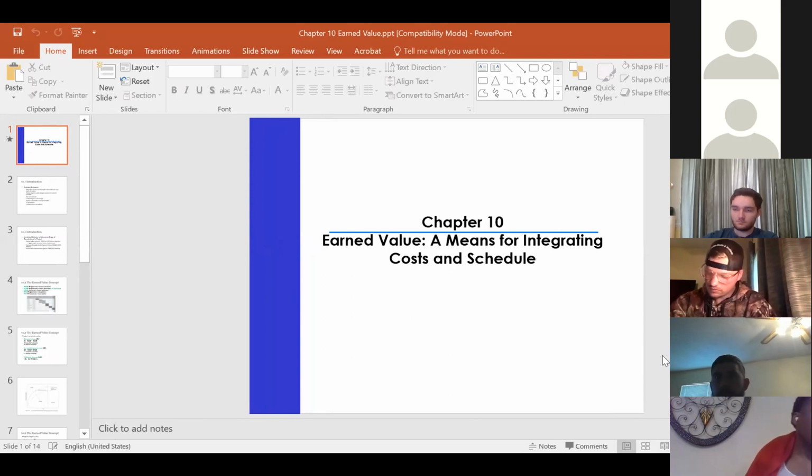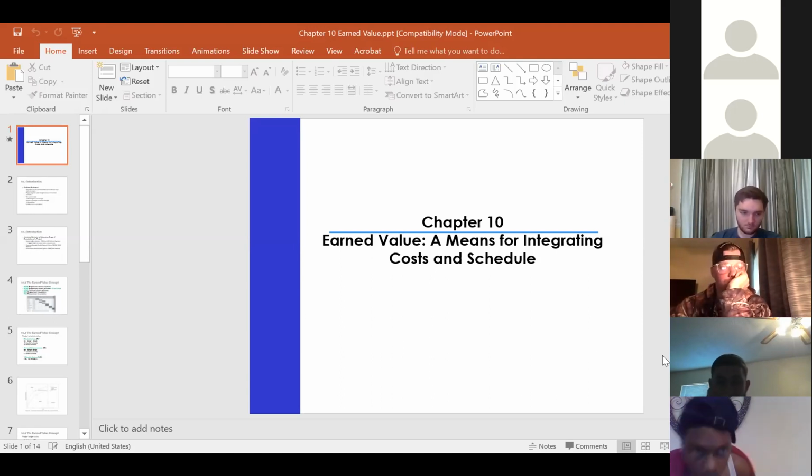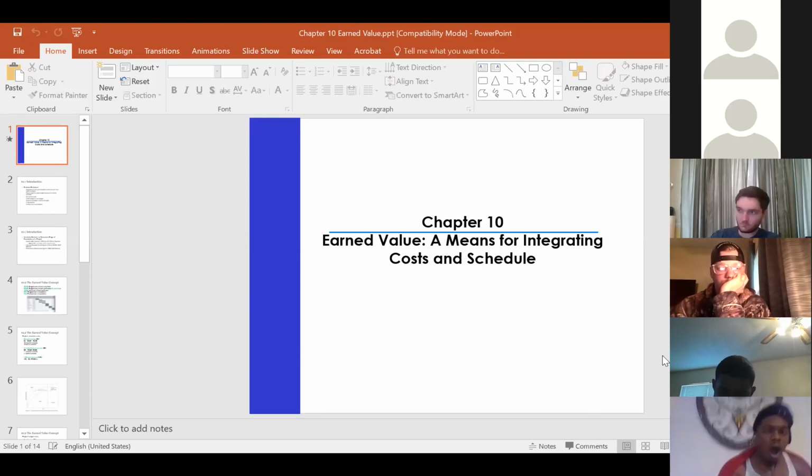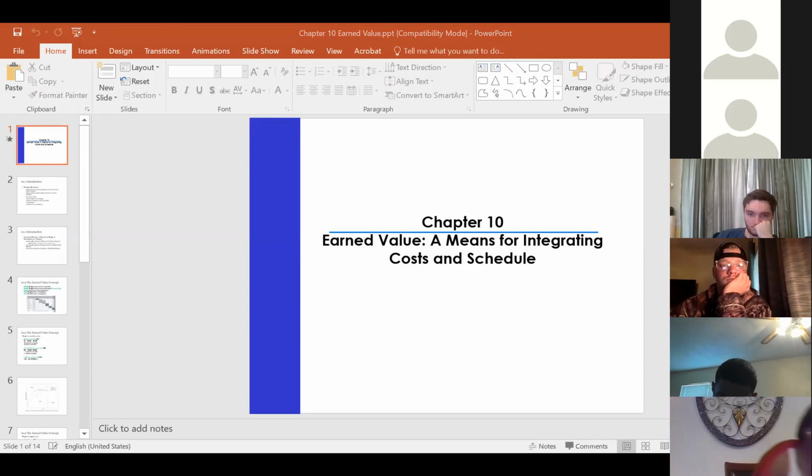So chapter 10 is called earned value. Earned value is a method to manage the project after a project has already started. So as I mentioned earlier in this semester, we will talk about the 5 important elements of scheduling, which are the activity, the logic relationship, and time and resource, and the